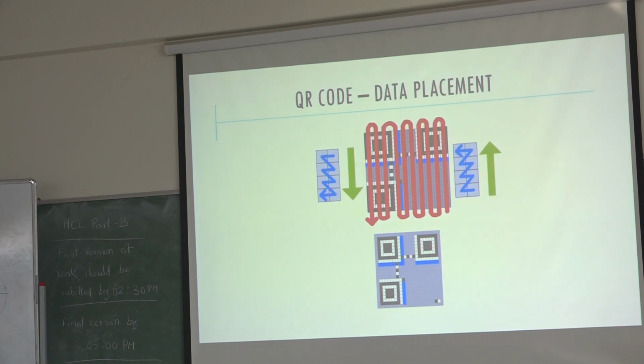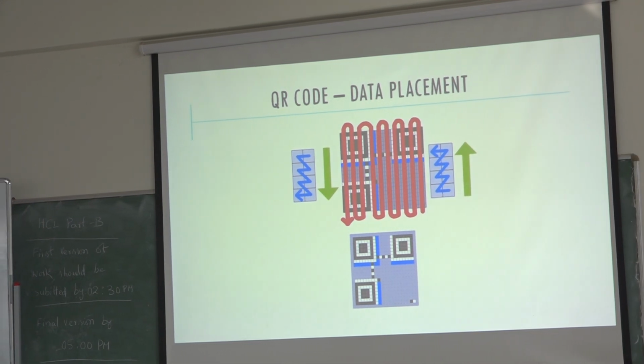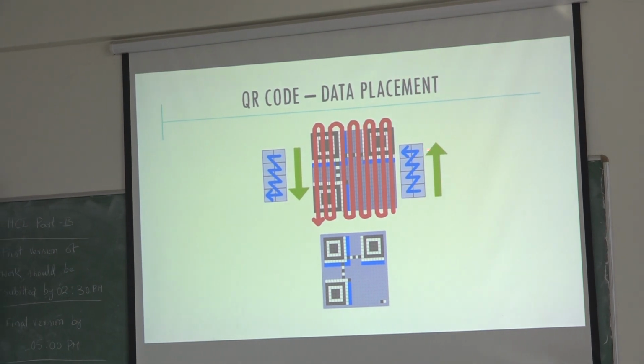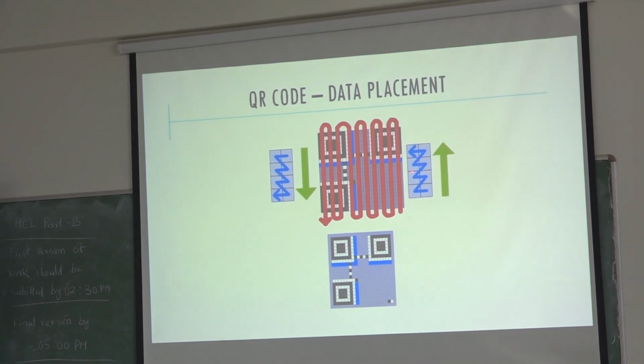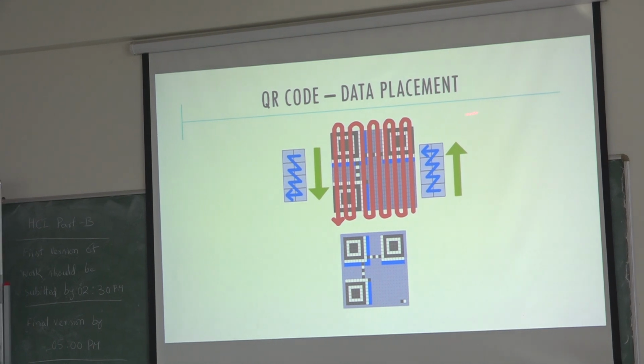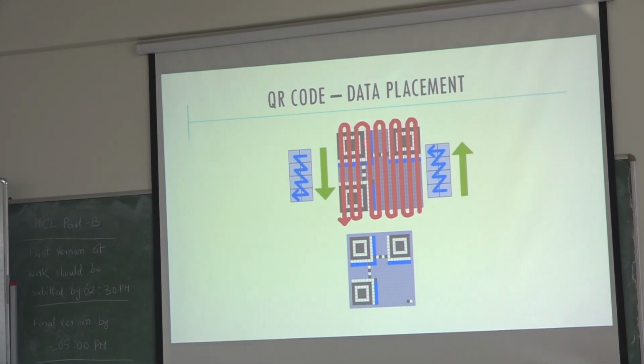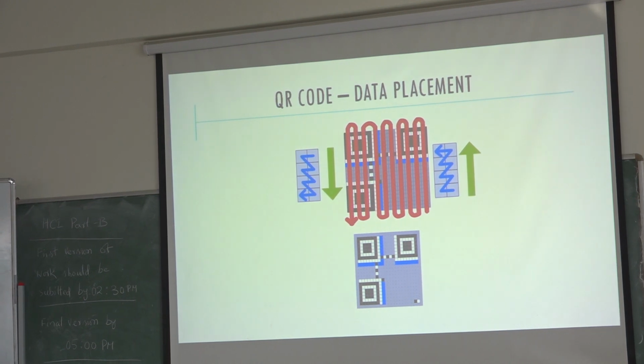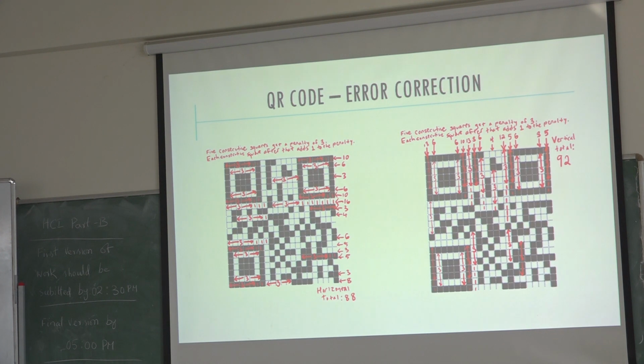So, data placement. Once I have generated all my data bits and error correction bits from the last location, I have to go upward and then come back in a zigzag position. Even in the zigzag, it's not a single column, it's two columns, and again it's zigzag only. So first bit, second bit, third bit, fourth bit, like that it will keep on going. Any finder pattern, information level, dark pattern, or alignment pattern that is there, we skip it and move to the next location and keep going. So at last it will finish here.